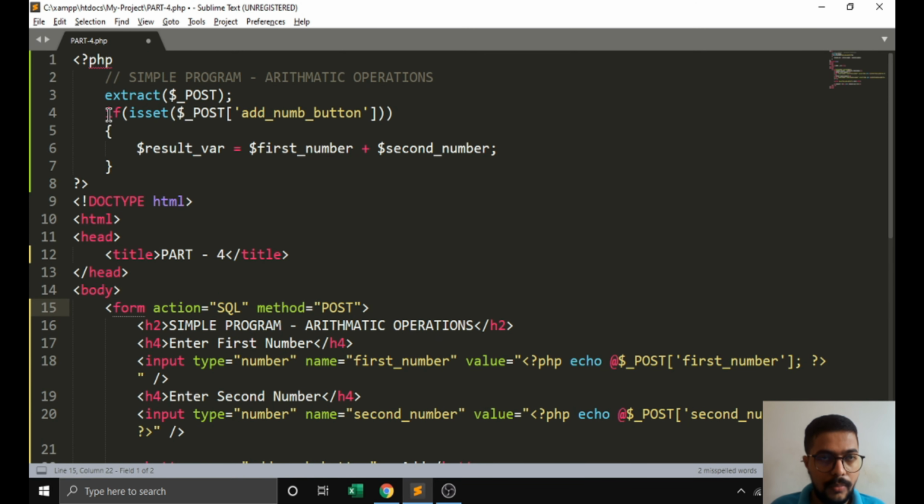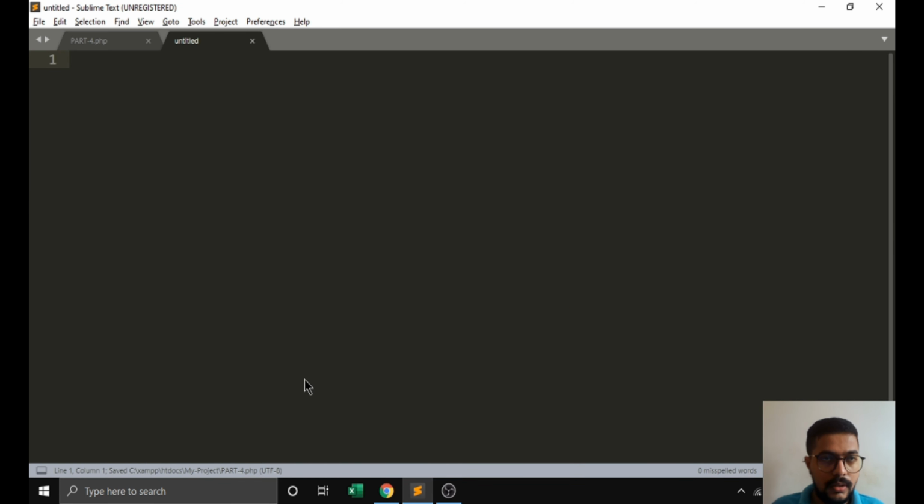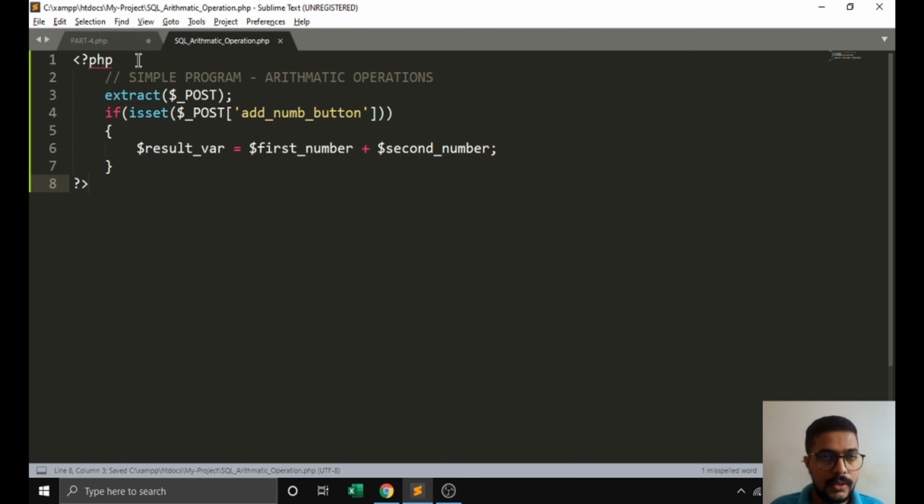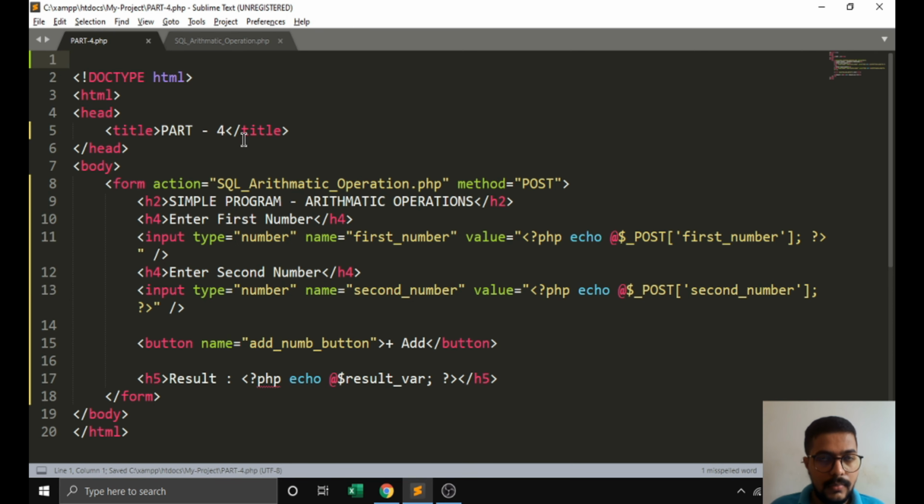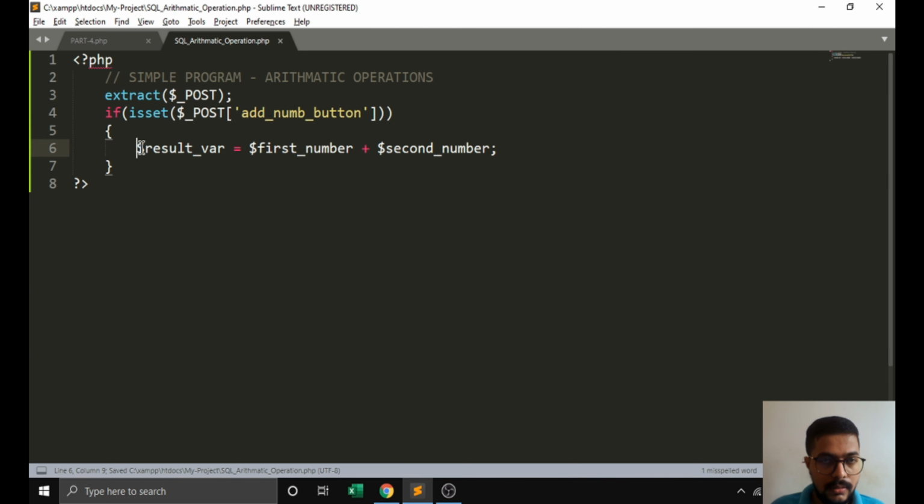You can write all the PHP code in one simple page, and by passing the click event to a particular page, you can pass here, say, sql_arithmetic_operation.php. We are creating this page so that our PHP operations are done in this page, and we get the result here.